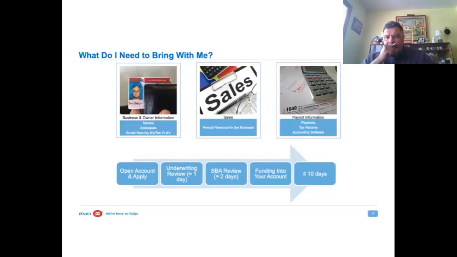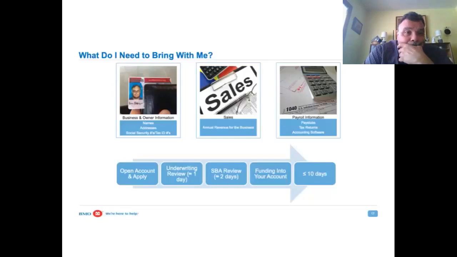And then lastly, payroll information, and for most of our customers, it can be pretty much anything you're able to bring into the office. A lot of us haven't done our 2020 taxes. I haven't. So it's really important if you have your QuickBooks. I've seen things such as notebook paper with payments written on it, anything really basic, just so that you can illustrate your payroll. And one other little tidbit is that if you can, just jot a quick note down as to how you came up with your average monthly payroll, which we use to come up with your loan. It makes it a lot smoother when an analyst has a minute or two just to look at a file. If they can see your math, it goes much easier.